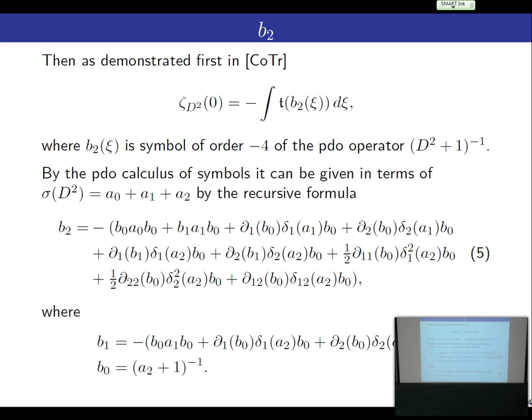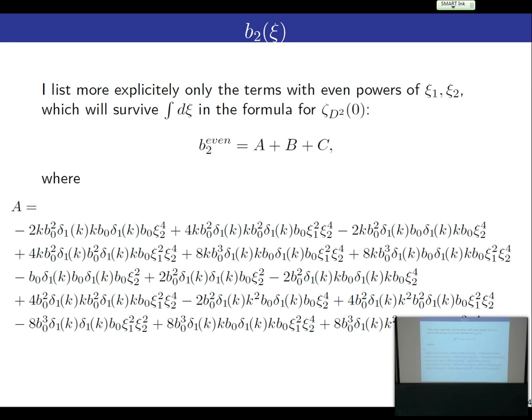Several terms, because in each going order, going up to b2, they multiply several times. And explicitly, I will list for you only those terms which have even powers in xi1 and xi2. There are even more general terms. But we still have to do integration over the xi, so I omit completely any term which has an odd power of xi1 or xi2. Okay? So then this b2 coefficient as a function of xi1 and xi2 has three pieces. First piece looks like that. So the formulas are quite different from what you have and others, but at the end,